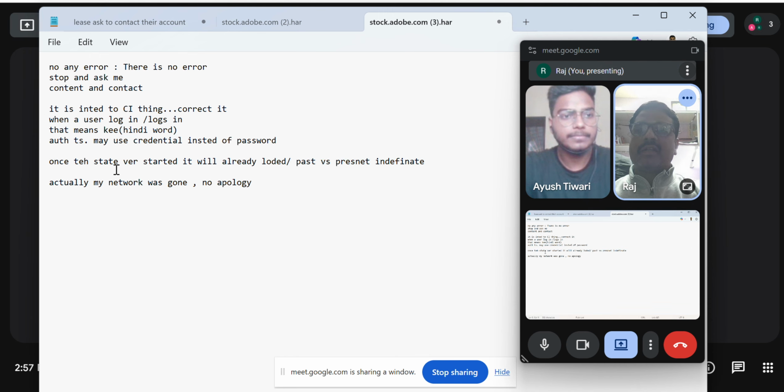वंस द स्टेट वर स्टार्टेड इट, अच्छा मैंने कुछ अपने लिए लिखा था, वंस द स्टार्ट वर्सेस स्टार्टेड, अच्छा अच्छा, ये आप पास्ट टेंस में बोल रहे थे कुछ, वंस इट स्टार्ट वर्सेस स्टार्टेड इट विल ऑलरेडी लोडेड, ये वर्ड यूज किया था आपने वहां पे। तो बेसिकली अगर आप कह रहे थे कि पहले ये वंस इट स्टार्टेड देन इट ऑलरेडी लोडेड, तो अगर आप कोई सीरीज में बता रहे हो तो हमेशा प्रेजेंट इंडेफिनिट टेंस ही यूज करना, ओके। ठीक है।